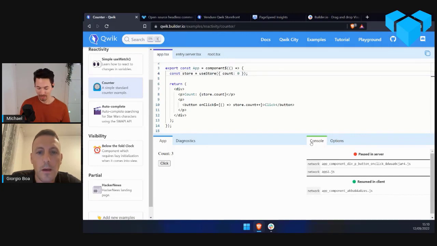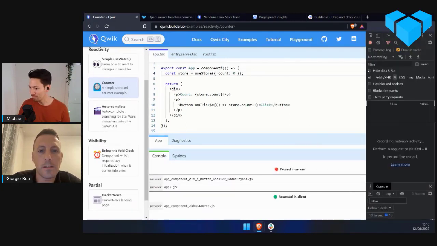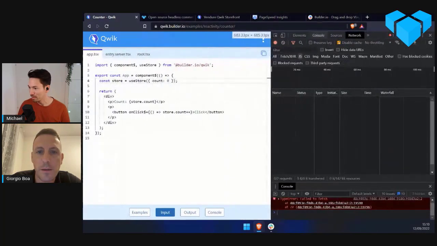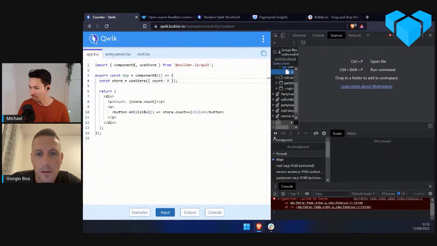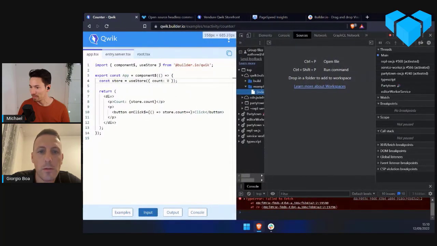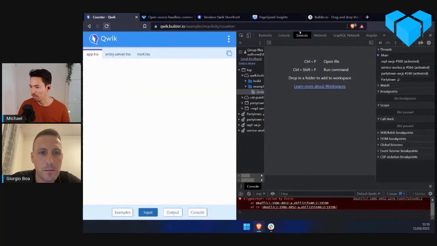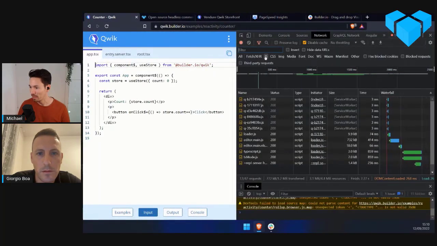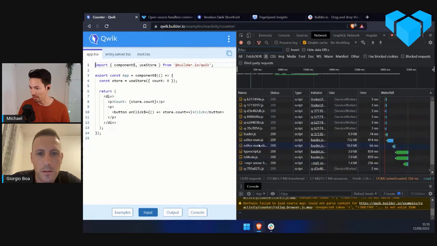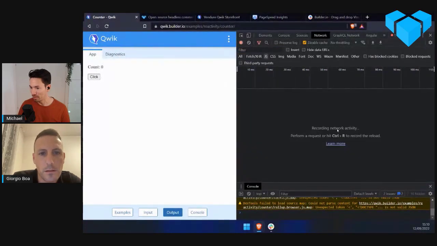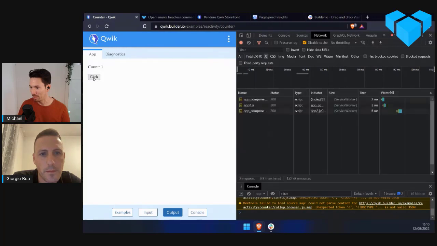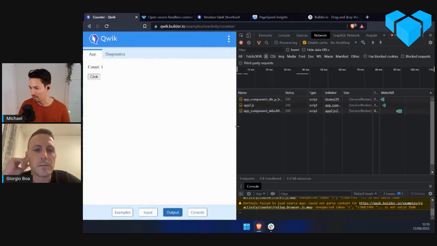Yeah. If you open the network tab, you can see that some JavaScript is downloaded. Maybe we refresh this, and we go to the JavaScript tab right here. I'll remove all that JavaScript, and now if I click on the button here, we see that it's downloaded 3 more JavaScript files.